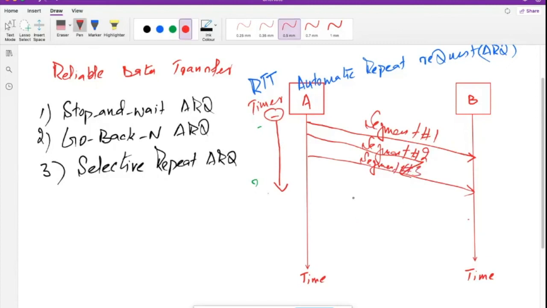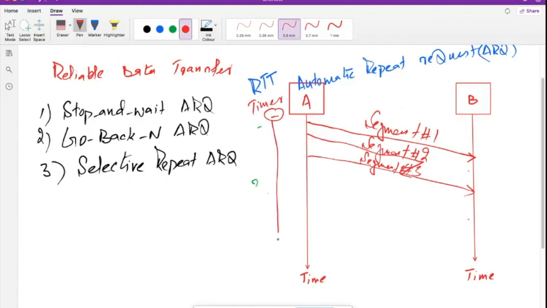Now, B will not wait for the timer to go out on the sender side for A to automatically resend segment number 2. Instead, B will, let me extend it for a little more clarity,